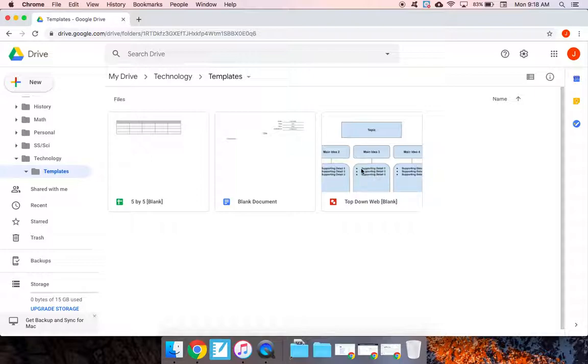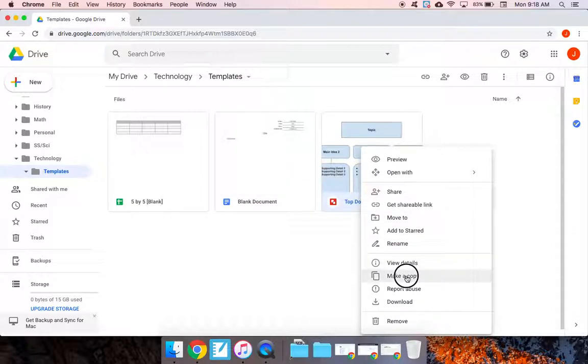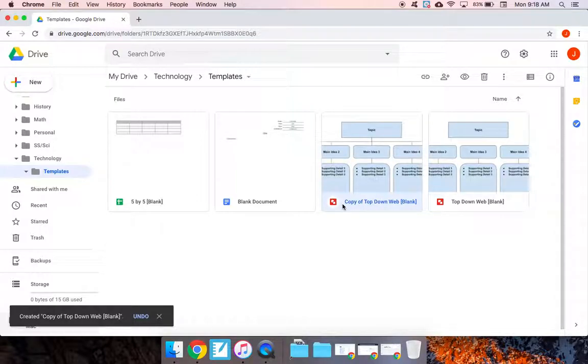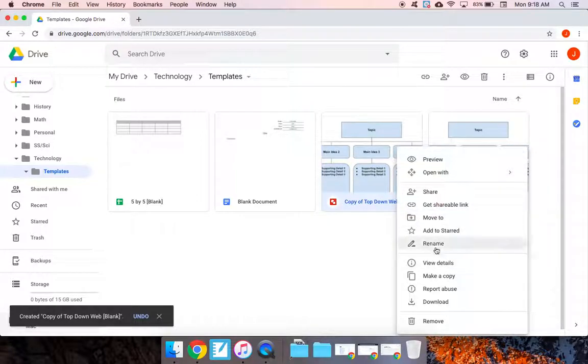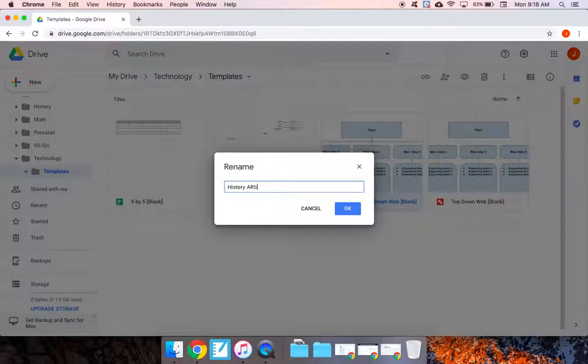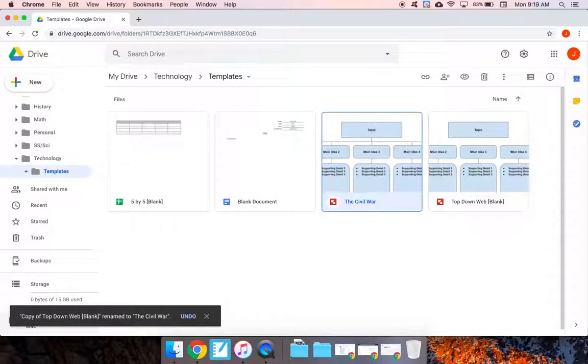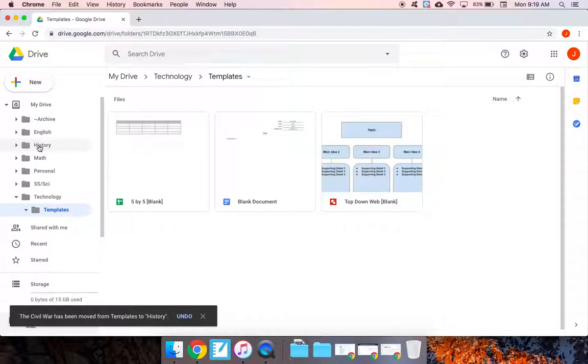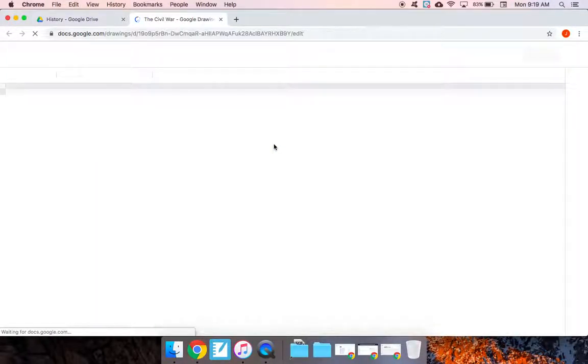And the cool thing is, if this is existing already, maybe you want to just do a control click and make a copy, where it ends up copy of top-down web, and you'd rename it, and you'd be like history article on the Civil War. Or maybe it's just the Civil War. I'd move that to history because that's not where it belongs. And then once I work on it inside of history,